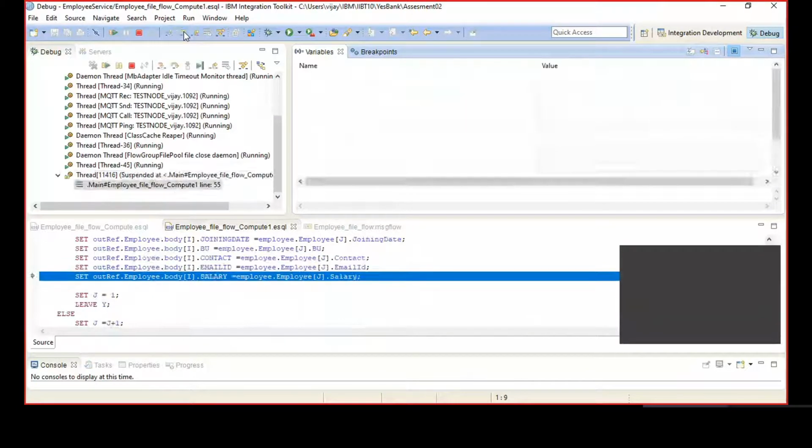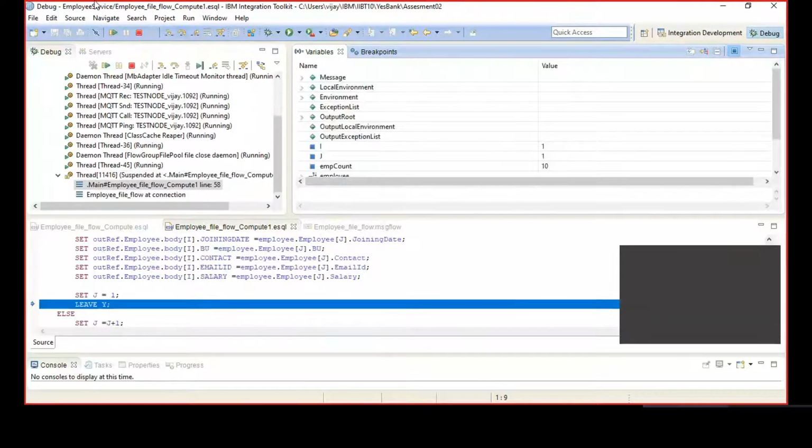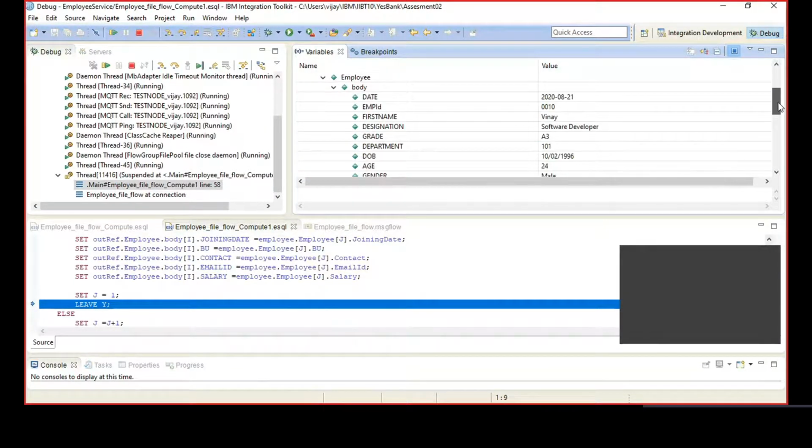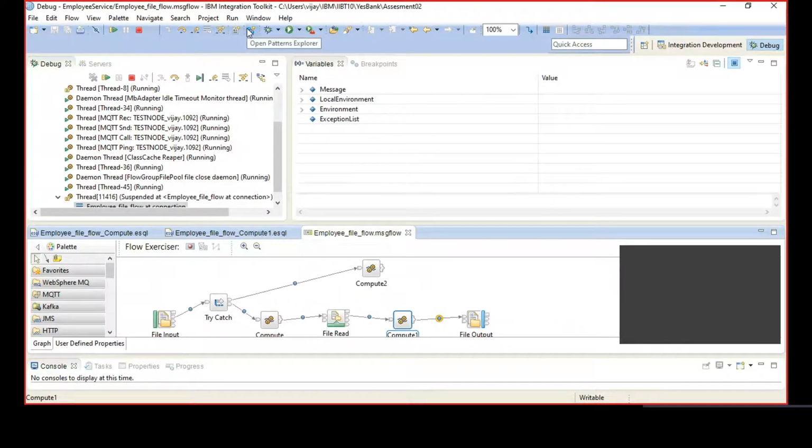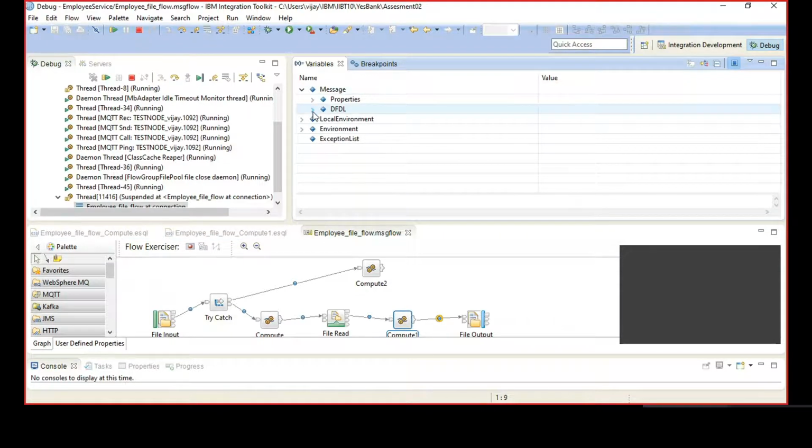So we know that the values are getting populated. Now stop and expand output root. Yeah, this is the thing. In DFDL, as an employee in body, you can see all the data has been stored. And if I go further, for the second iteration, for the second employee ID, it will do it again. Now expand message, output root, message and DFDL. Click on DFDL. Okay, it still has those employees. All right. And go towards the terminal.